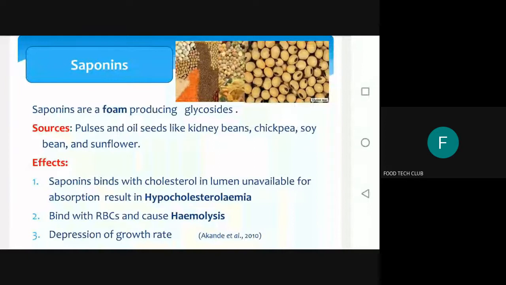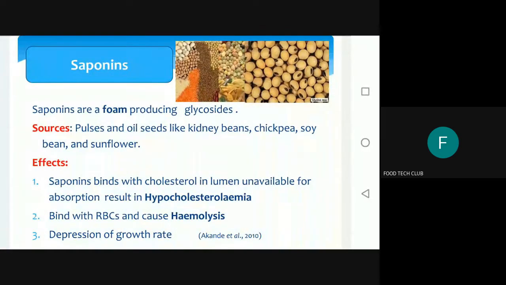Have you ever observed? Yes, ma'am. And what our mothers do, they just take a spoon or something like that, and then they take out that foam and throw it away, right? That is based on their observation. They have been doing it from ages. They have seen their grandparents doing it, they have seen their mothers doing it, and now we are seeing it.